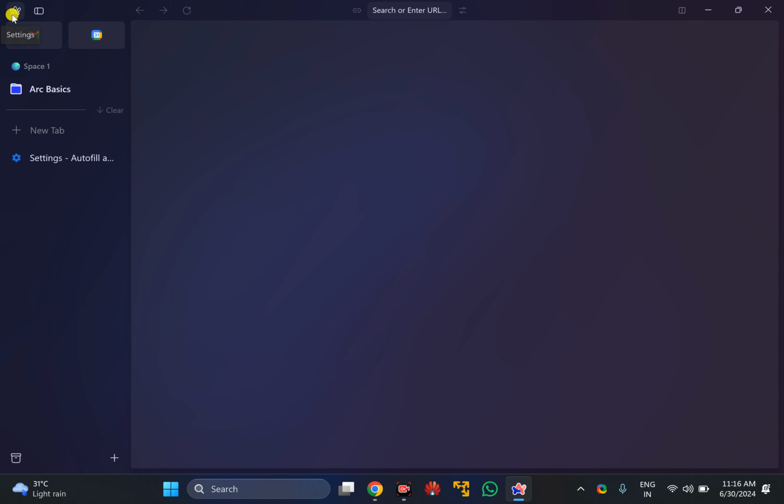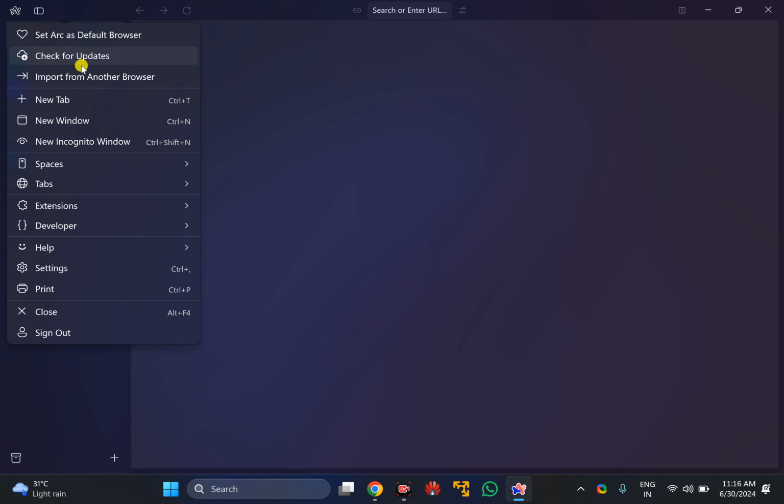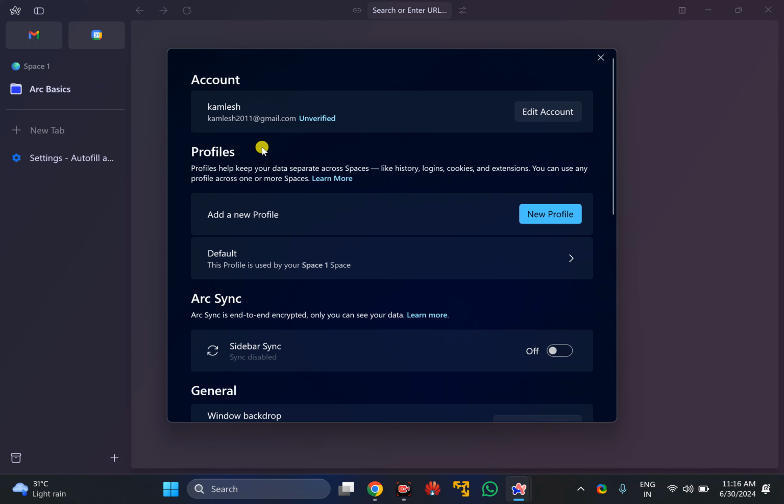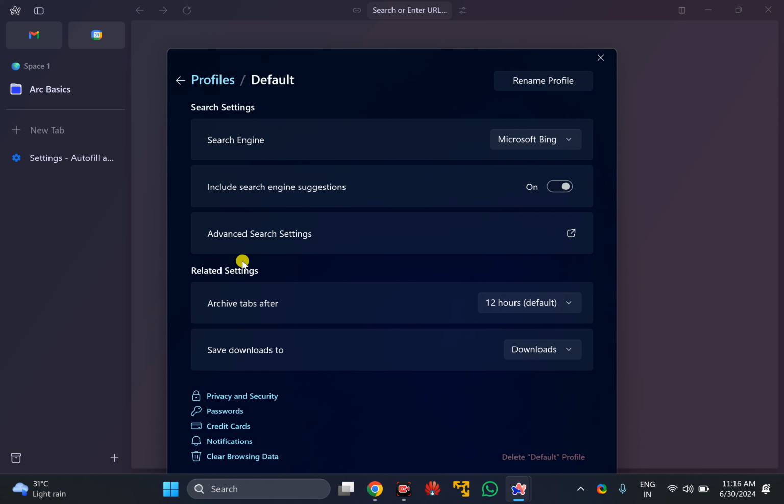After that, click on this one Arc icon that says settings. In the drop down menu, click on this one settings option. Under Profiles section, click on this one Default. Here you will see the search engine option. Just click on this one drop down menu, and from here you can choose your desired search engine such as